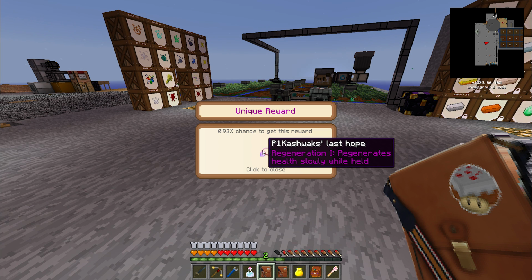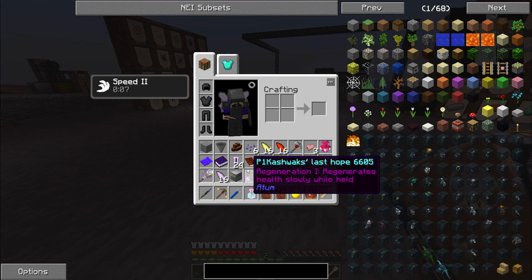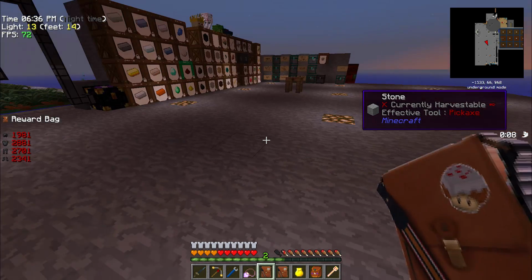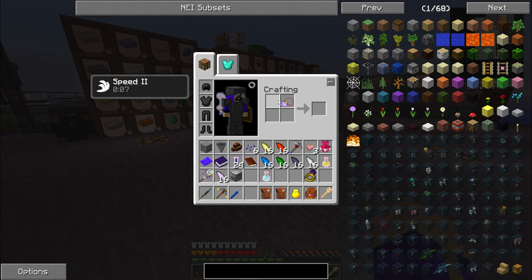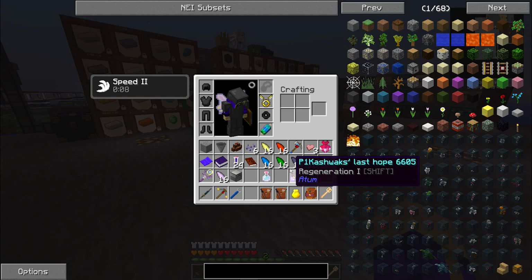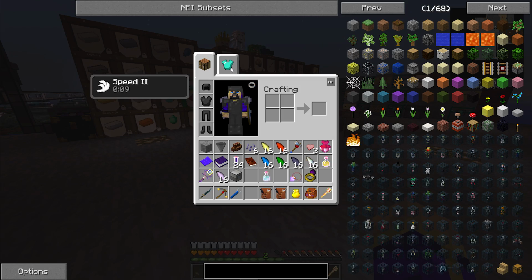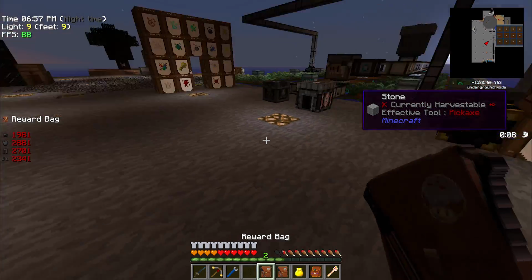P1NationGaming Last Hope. Regen 1? That's kind of nice. What are you from? You are Atom. It's probably one of the developers. And it applies regen 1 when held, it says. Can I put it in the bauble slot? No. That'd be too easy. But I'm already getting effectively regen 1 from my regen bracers, so that'll probably just get sorted into the...